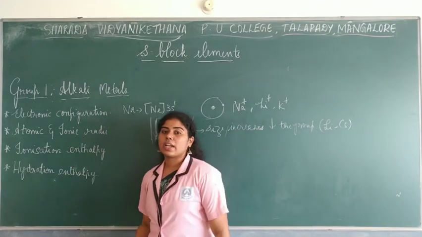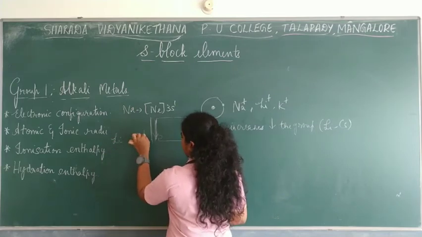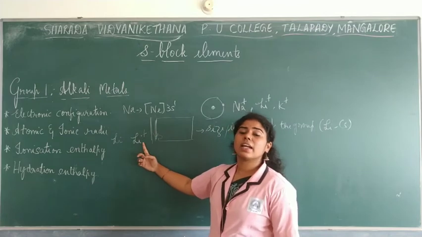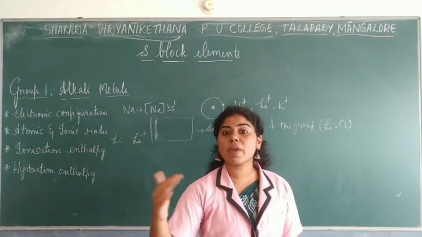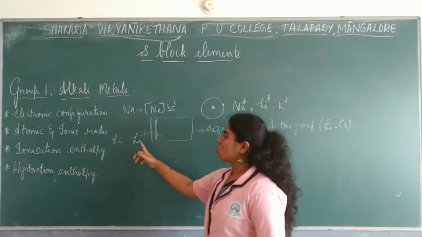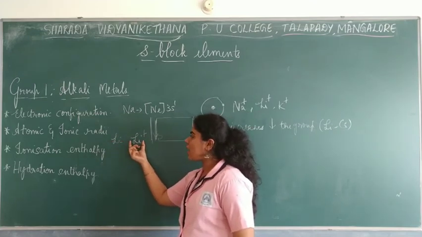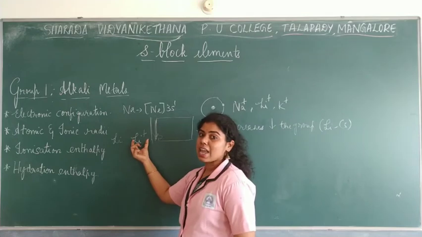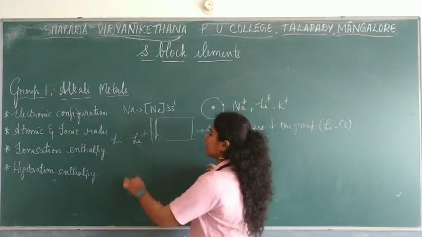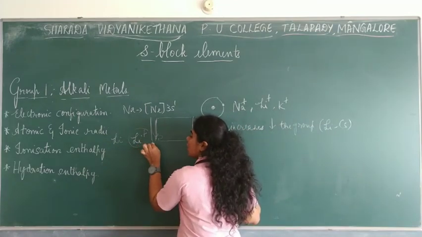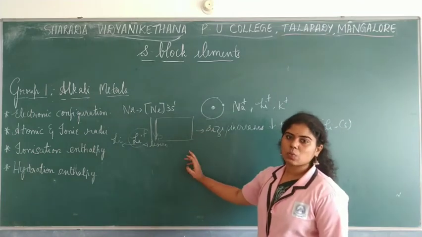In the same way, ionic radii. Now if you compare lithium metal with the lithium ion, here ion in the sense there is losing of one electron. One electron is being lost. That means that shell is being removed. The new shell is removed. So how about the size if you compare, that is ionic radii? The ionic radii will always be less. That is, cationic radius will be less when you compare it to the parent atom. So lithium ion, that is cation, will have a smaller size when you compare it to the parent atom. That is one thing to be remembered.